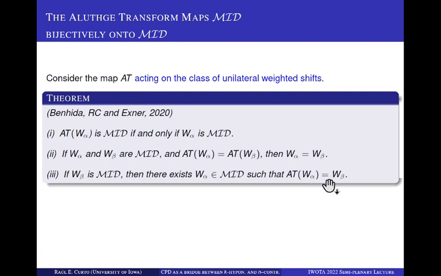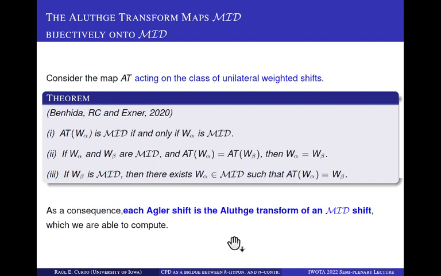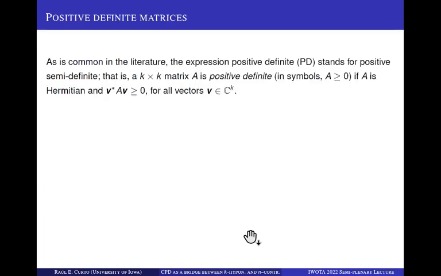One of the things that we have tried to do is to study the consequences of having that bijection at the level of the MID class. So each Agler shift is the Lutzke transform of some MID shifts, which we are able to compute. Okay. Now we're going to switch to